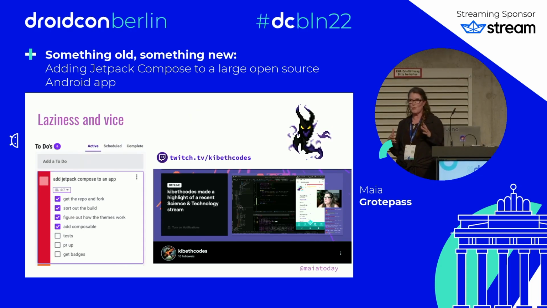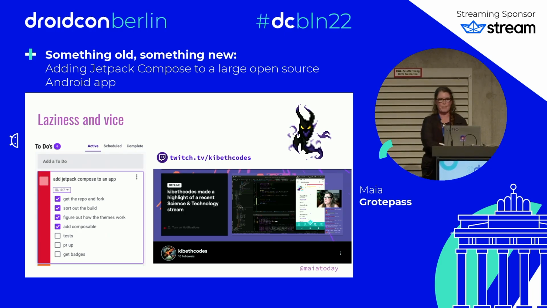Now I've got to start. So my first monster I encounter on this journey is laziness and vice. So I have to get myself motivated to work and to add the composable elements to this thing. So I've got the plan, I need to follow the plan, but for extra accountability during the path while